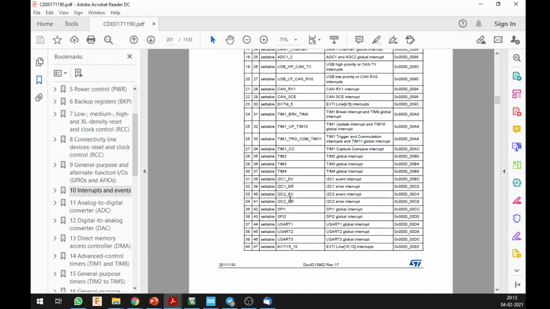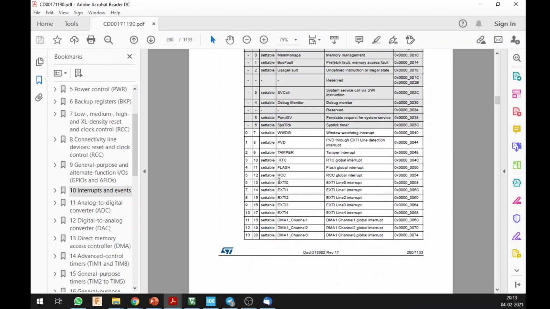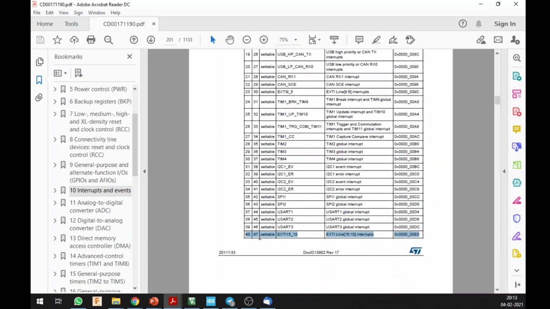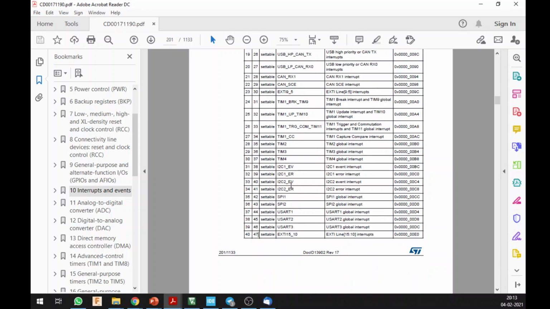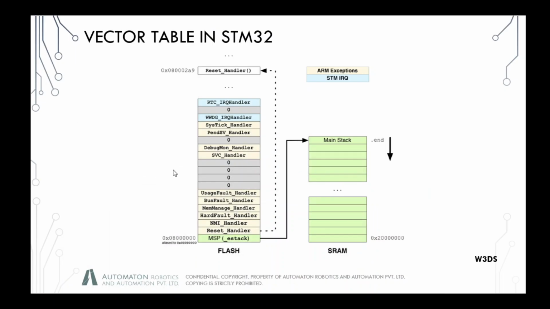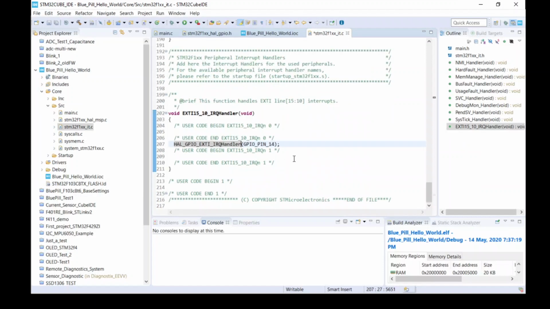Alright, so over here my EXTI 15 to 10, the external 15 to 10 interrupt, is at this particular location. In general the position is this and the priority is 47, but we just changed the priority to 1 over there because I do not have any of these interrupts over here. So that is how you play around with interrupts in your code.